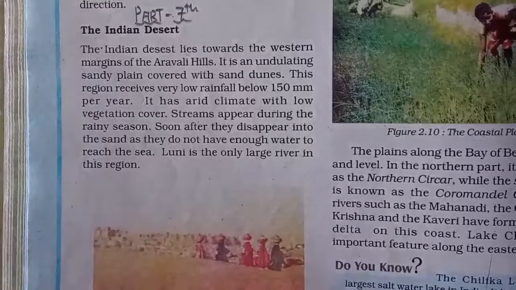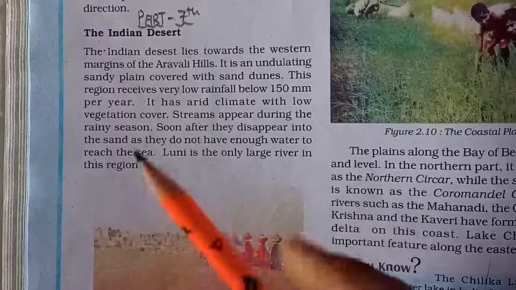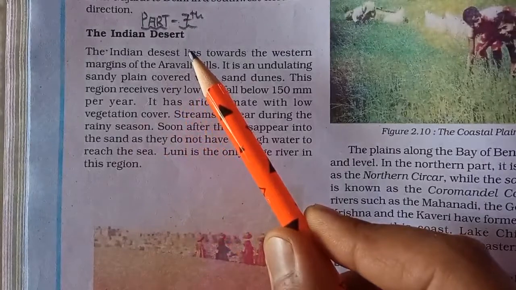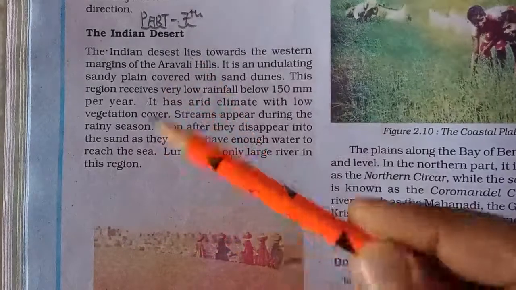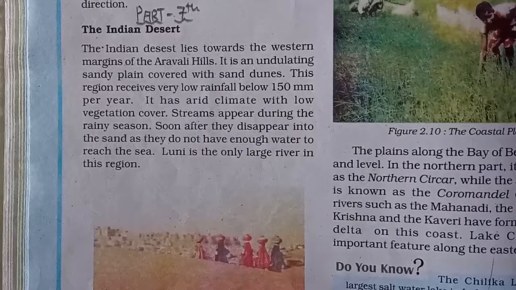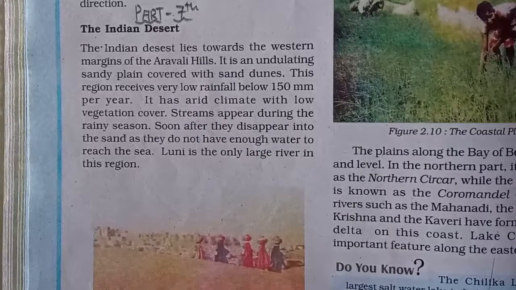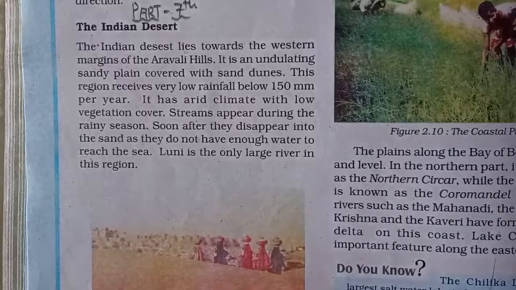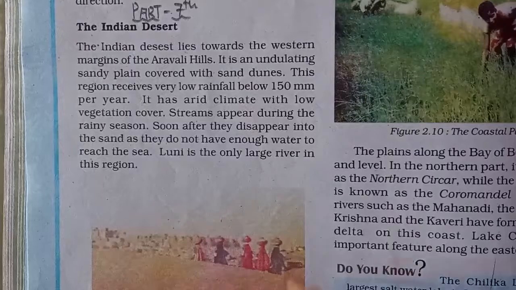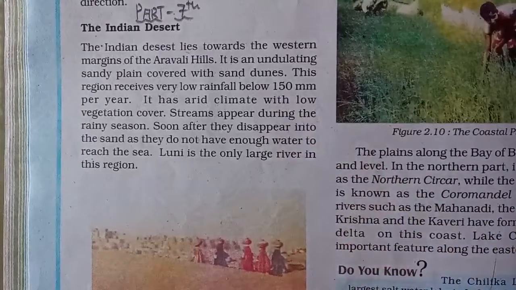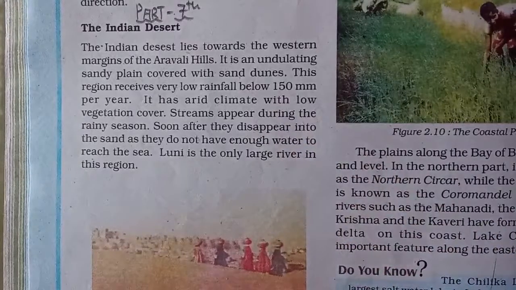Okay, so today in this part 7, in this lecture we are going to discuss about the Indian desert as one of the another important physiographic division of India, coastal plains and the islands. So we will be discussing about 3 things: the Indian desert, the coastal plains of India, and the 2 major islands groups of India. So these 3 topics we are going to cover in this lecture, because very short content is given in regards to these particular 3 topics. So we will cover this in this particular lecture.